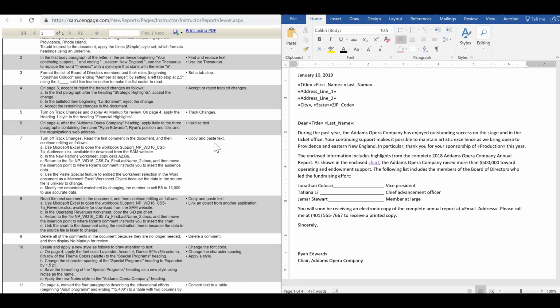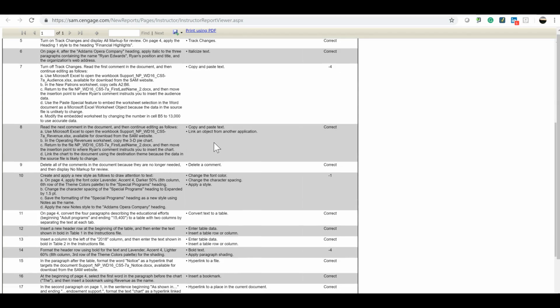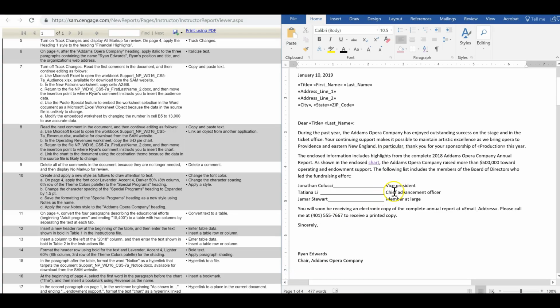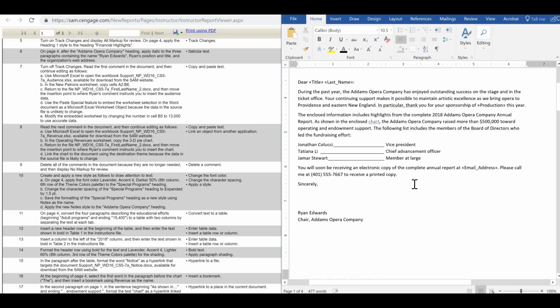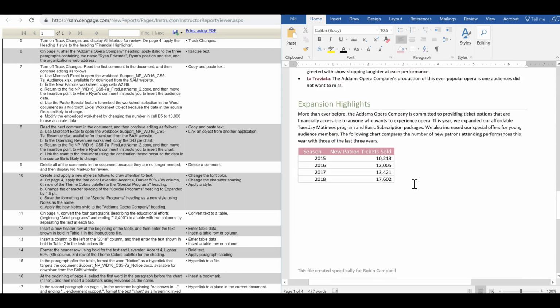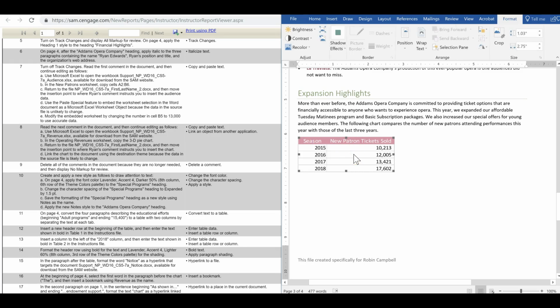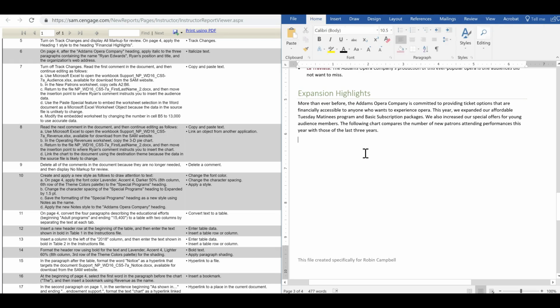Okay, the next thing that you missed is number 7, and you were to turn off the track changes, and then you were to add this table in here. But when I double click on this table, I should be able to go into Excel and make the change, but I can't because you didn't paste it in as special. So I'm going to delete that,